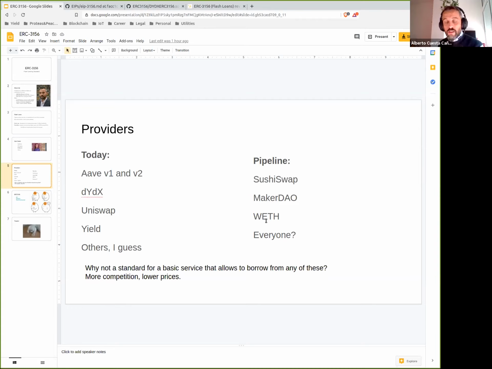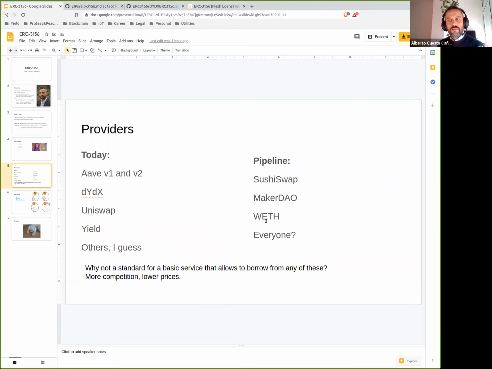The standard offers something simple that can be used by everyone safely. The lenders can offer more stuff. So batch flash loans is an example. I think that Uniswap also offers some other things that are not in the standard. But if you need those advanced features, you should go to Uniswap. Aave also offers a very cool feature where you actually don't need to repay the flash loan. It becomes debt at the end of the flash loan.